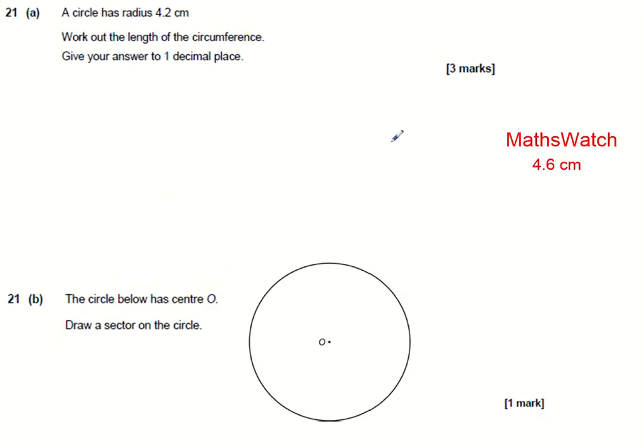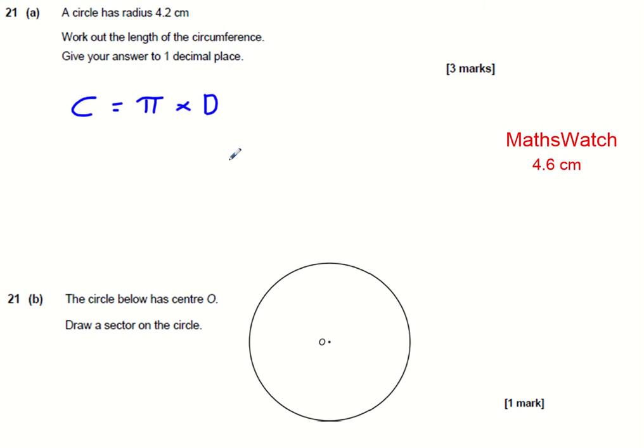Question 21. A circle has a radius 4.2 centimeters. Work out the length of the circumference. Give your answer to one decimal place. The formula for the circumference of a circle, so circumference, is equal to pi multiplied by the diameter. There are other formulas floating out there that just use radius, but this is the one that is generally taught